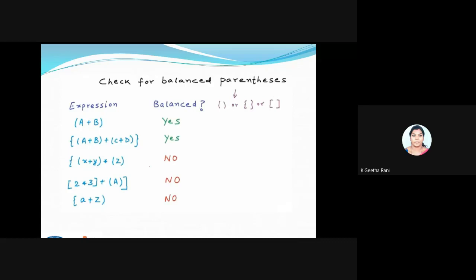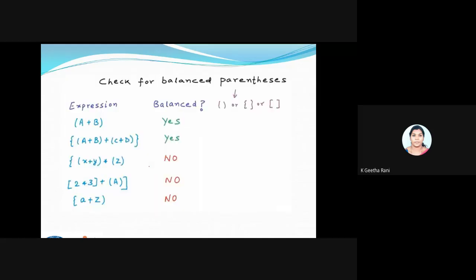Next comes the applications of the stack. Here I have taken an application called checking for balanced parentheses. We saw three applications in the last class: function calls and recursion, an undo editor, and balancing the parentheses. So today we will see how our stack is going to help with balancing the parentheses.